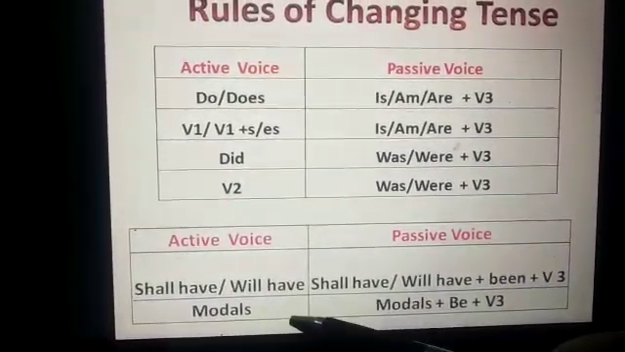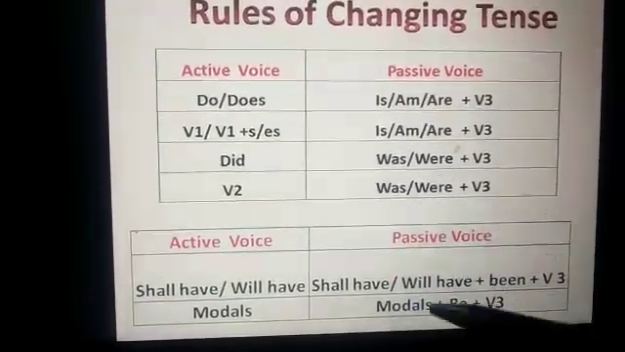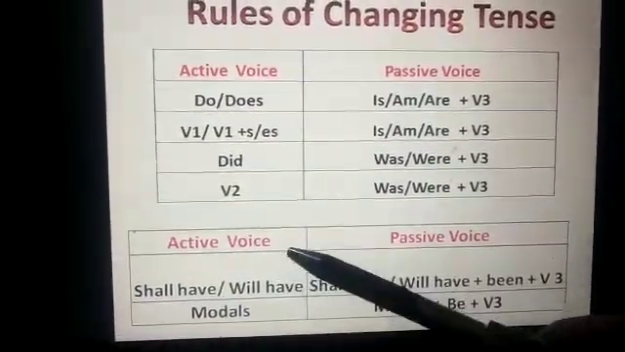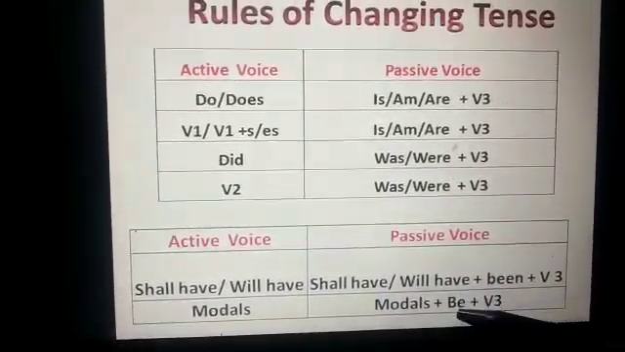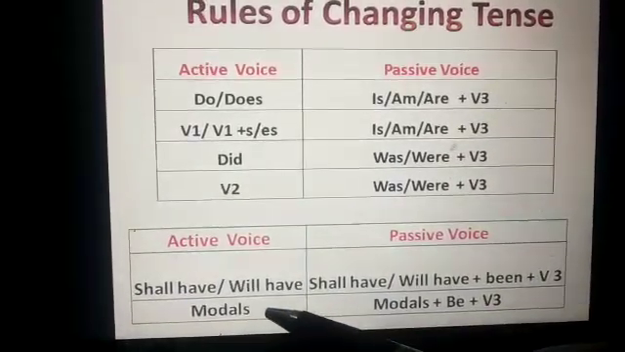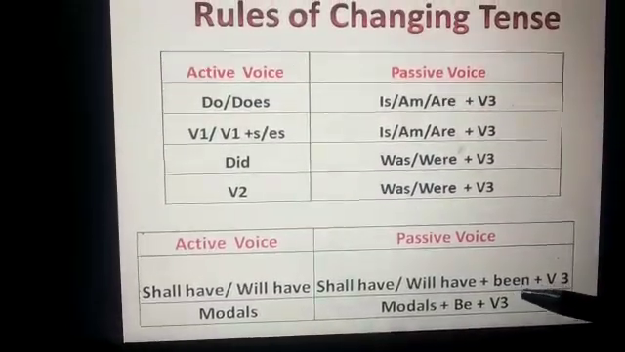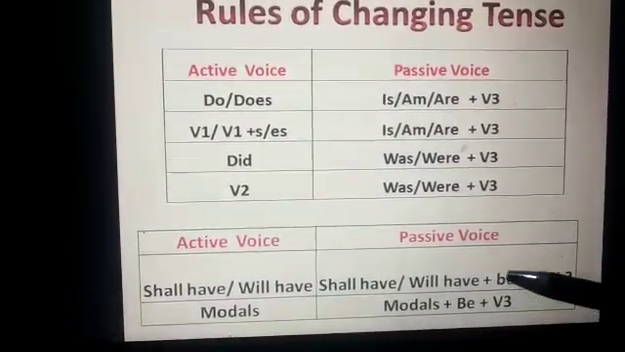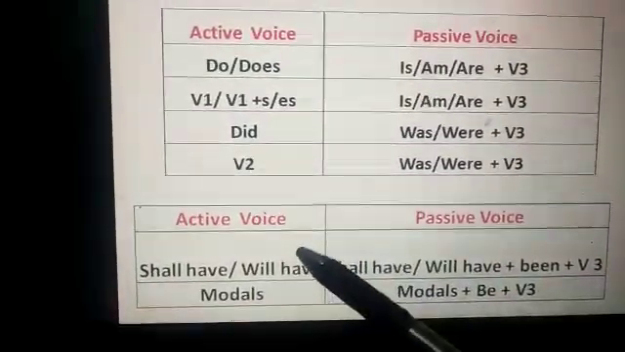Modals, all the modals, as we have done, can, could, may, might, any of those modals is given in active voice, we will add be plus third form. Like if the modal in active is can, then we will do can be, and we will use third form of the verb. For example,